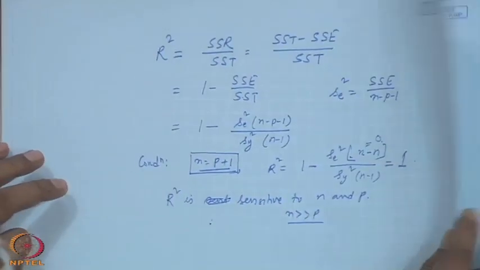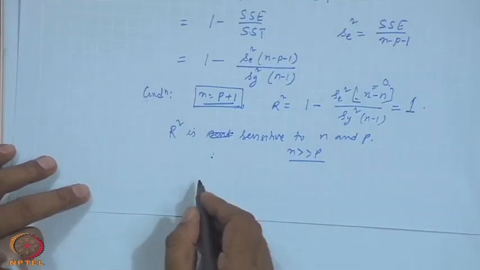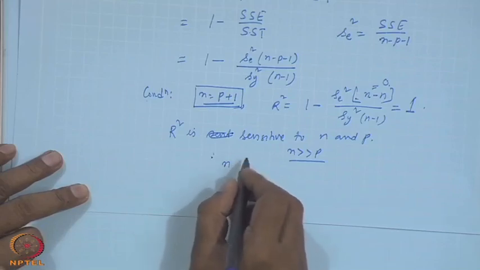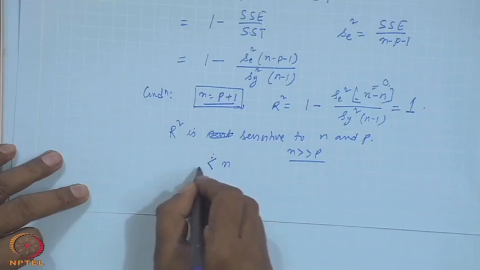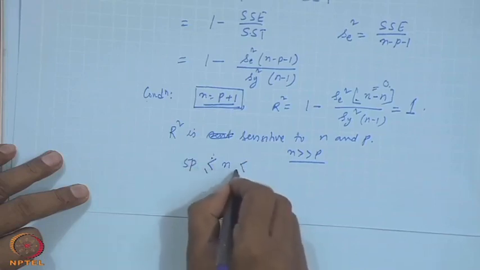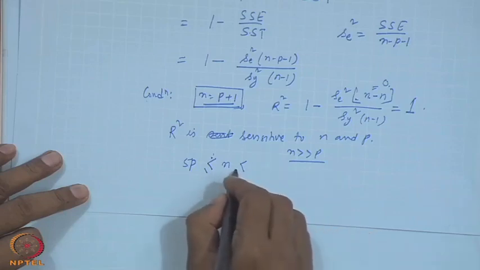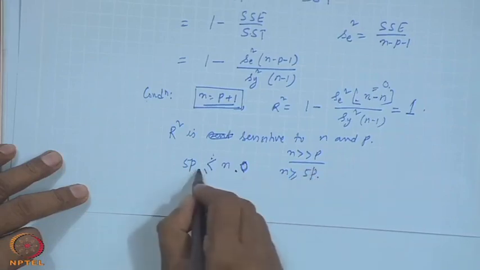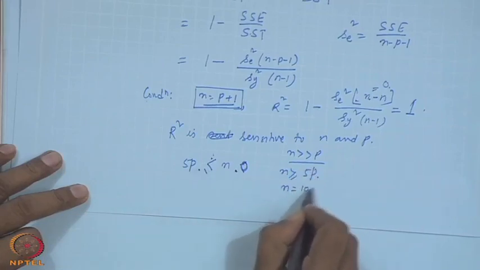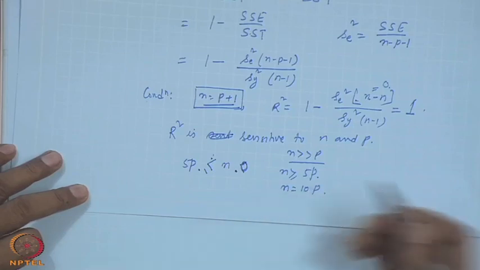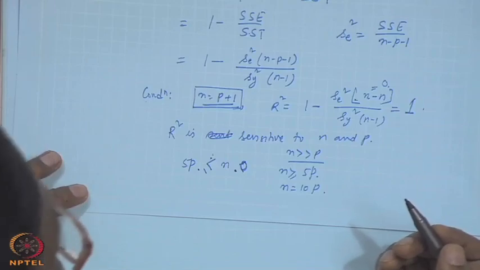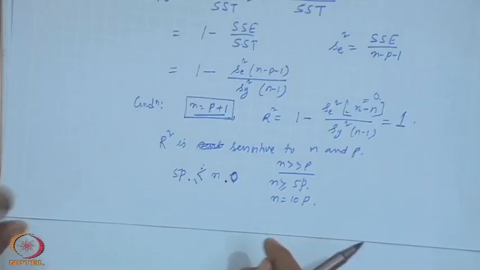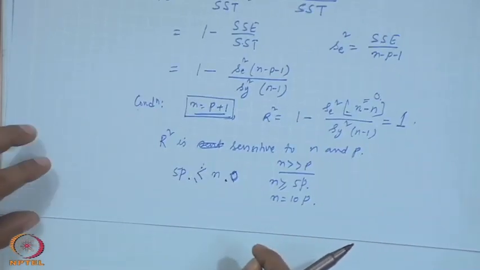So, in multiple regression, it is expected that n will be less than or equal to 5p. Not less than, what I meant to say is it should at least be greater than or equal to 5p. Desirable is 10p, and if it is more than 10p, no problem, but again a very large n is also not desirable in many cases. Suppose you go for a chi-square test,